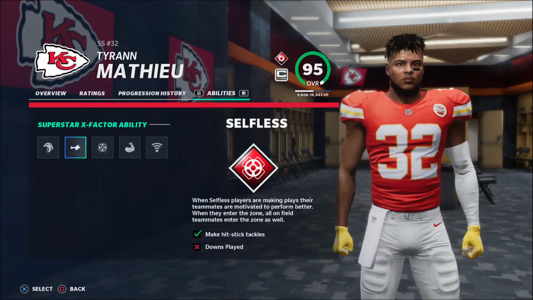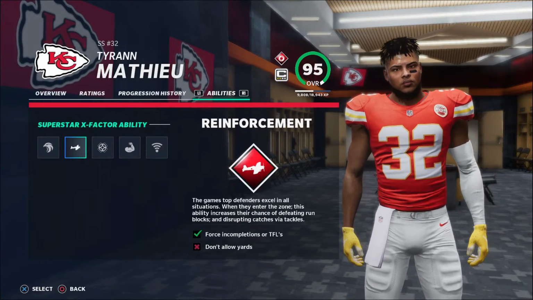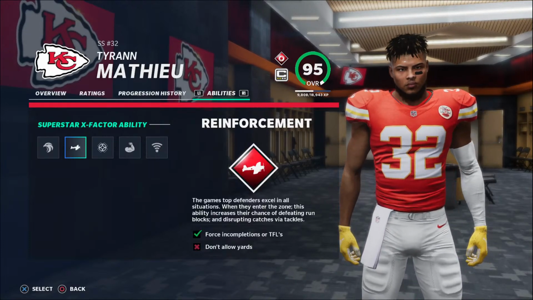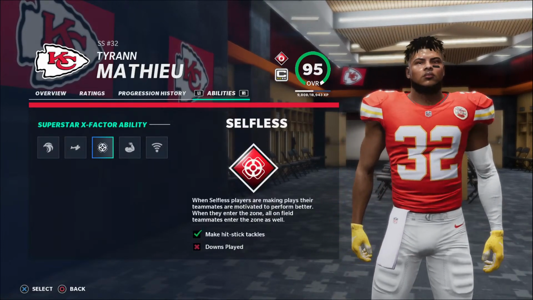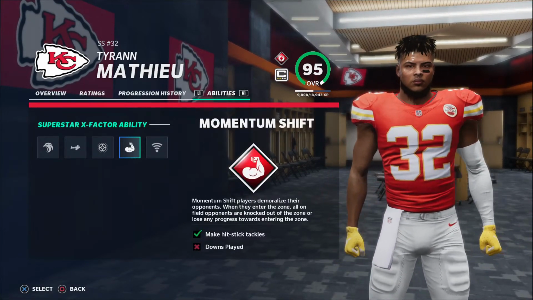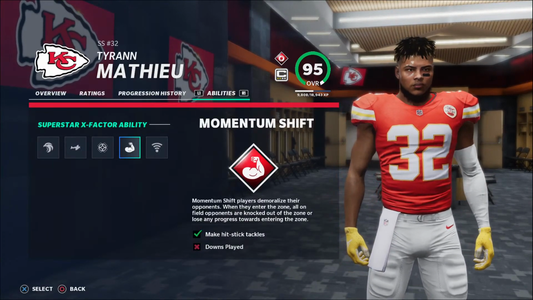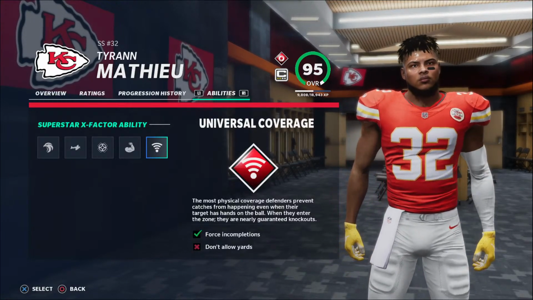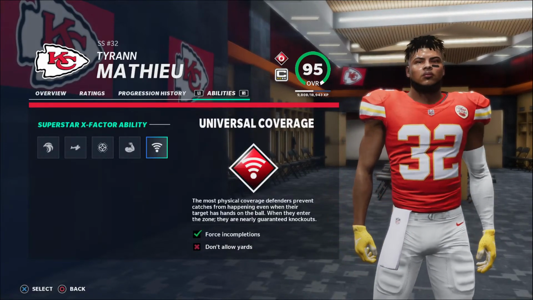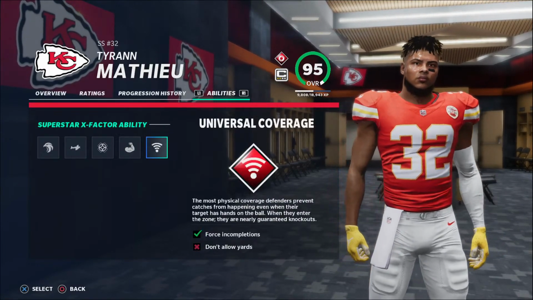Personally, I think reinforcement is not too bad, because it has a little bit more to do with defeating run blocks. So if you're playing your safeties in the box, that might help you out, but it's really not all that useful. Selfless, personally, I don't see as all that useful. I don't see momentum shift as all that useful either. It can be powerful if you have an opponent that is constantly getting into the zone, but not very useful. And then universal coverage is probably one of the best, because when you enter the zone, you're nearly guaranteed knockouts on receptions. That's probably one of the best traits there, and one of my favorites to have